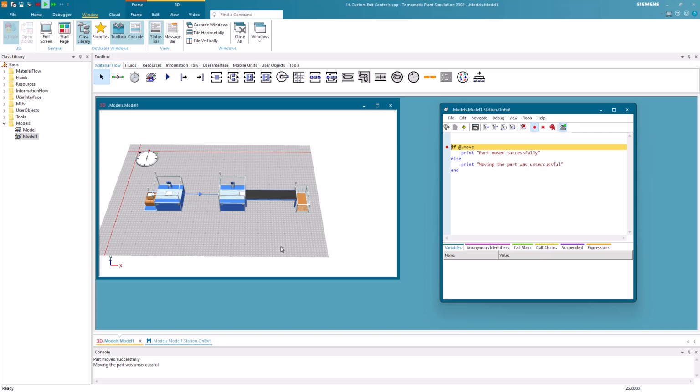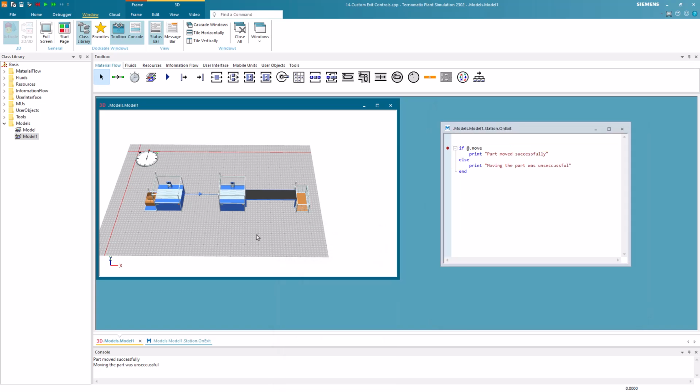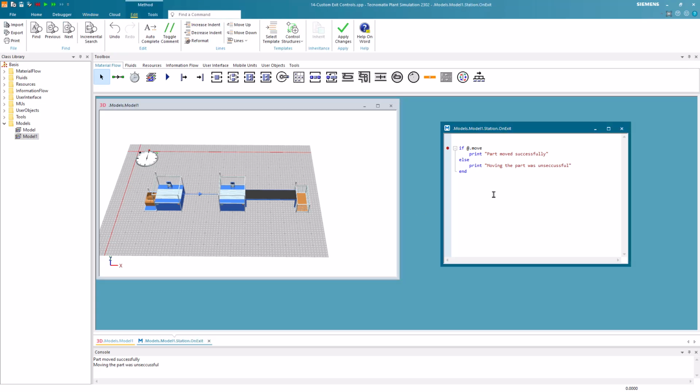Now it is helpful to call the exit control again when the second station can process the part and check how long the part has waited to be processed. This can be simulated in the exit control only if the exit control is called again when the successor station can take the part. To model this, we reset the simulation and open the exit control.